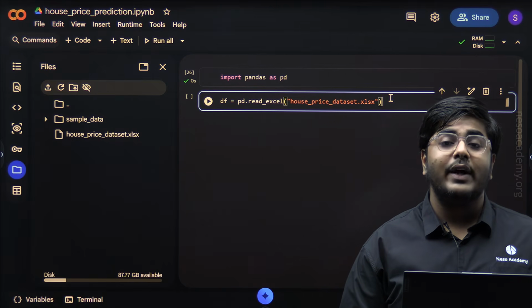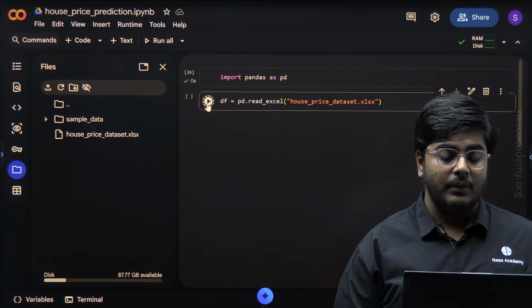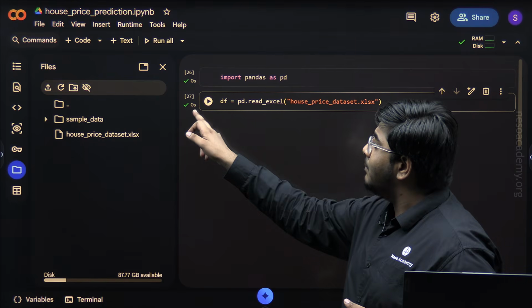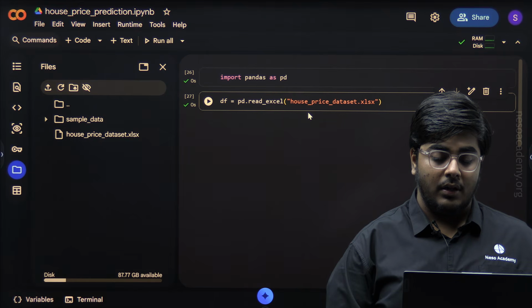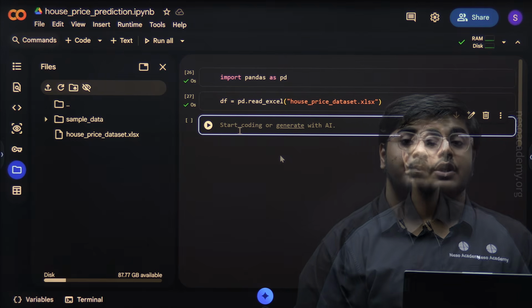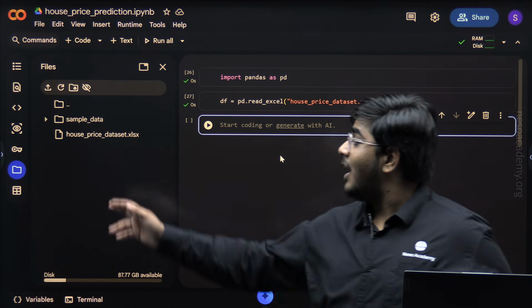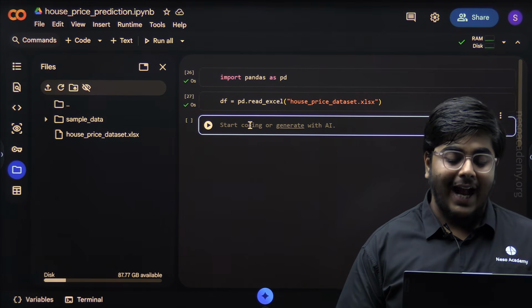Now, again we have to execute this particular cell. For executing this, I need to click this button, and this cell is also successfully executed, marked by this tick symbol. Now we will create one more cell by clicking this code button. This is the third cell. So now we will see what all has been imported from our house price dataset here in the code. For that, I will write